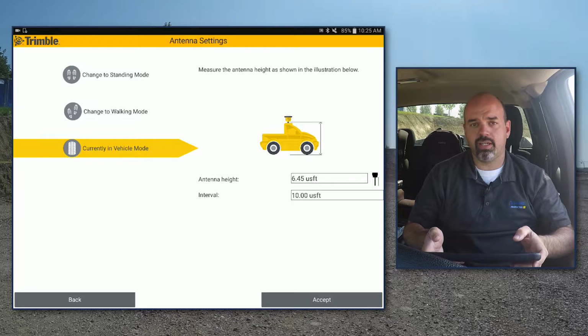If you didn't know your antenna height, you could use your GNSS receiver to measure your antenna height if you know your ground elevation. We go over this in more detail in the measurement modes video. So go ahead and tap accept,